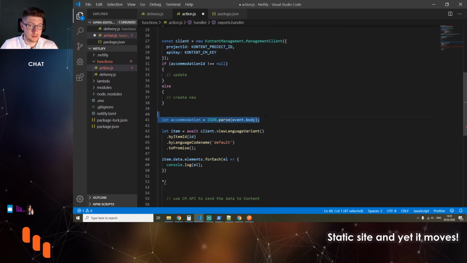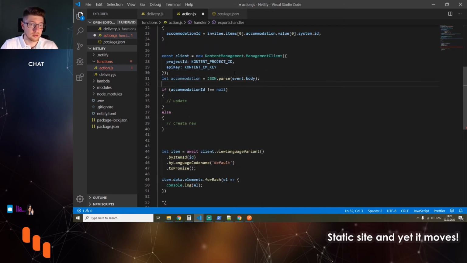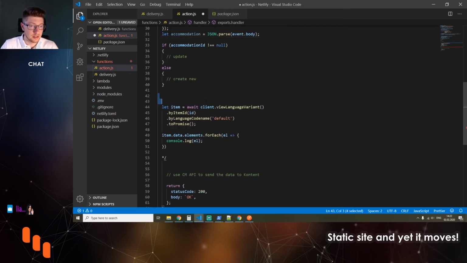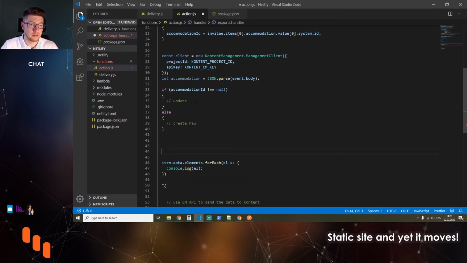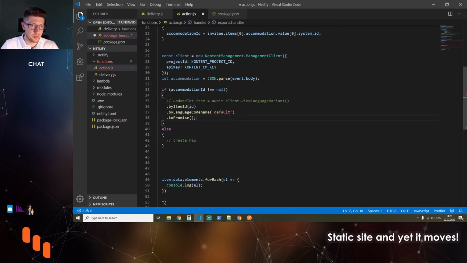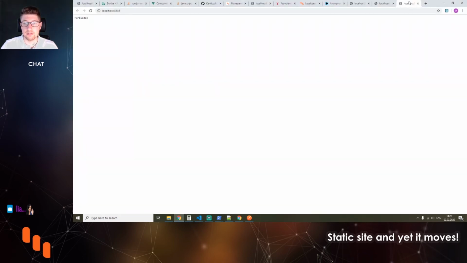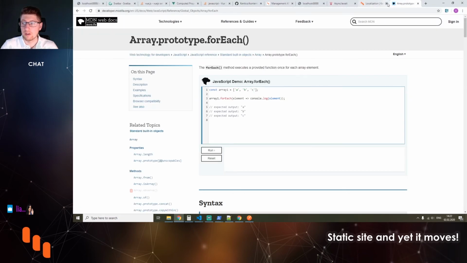And let me put this here as well. So this is the accommodation object that we got in the request. And this we will definitely need here. But I'm just going to check the documentation to see if there is an easy way